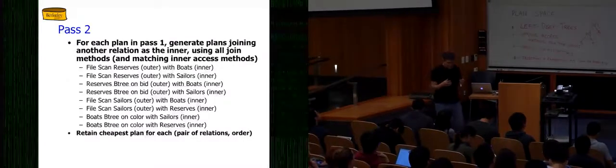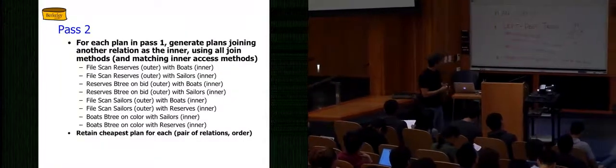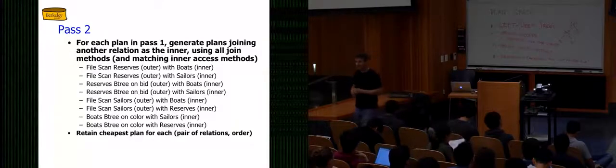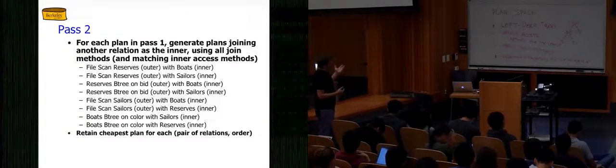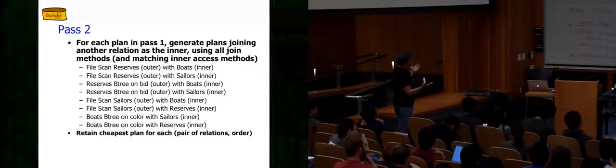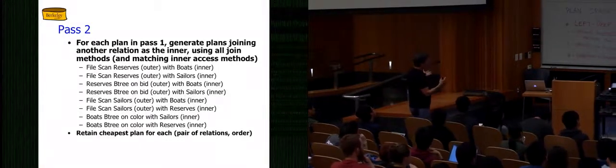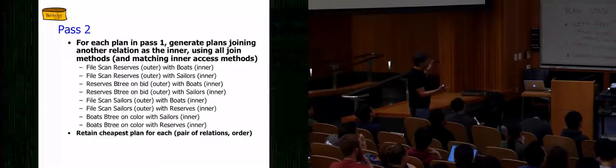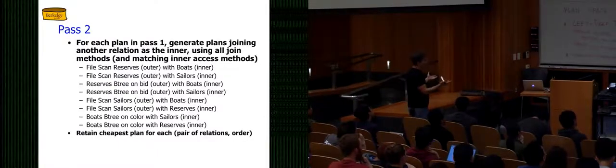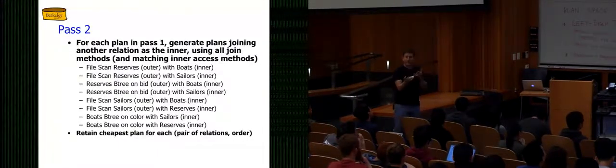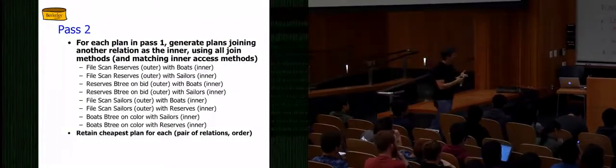All right, file scan of reserves joined with boats. We'll have to do all the join algorithms for that. File scan of reserves joined with sailors. Reserves B tree with boats, right, et cetera. We'll look at all these combinations and all the join algorithms on top of them. And then for each one of those pairs, reserves, boats, sailors, we'll keep the cheapest plan for